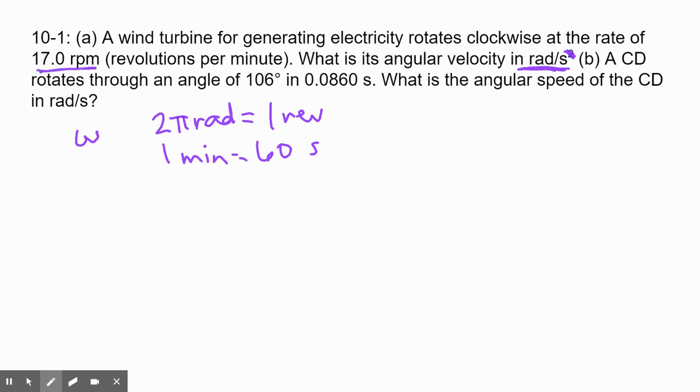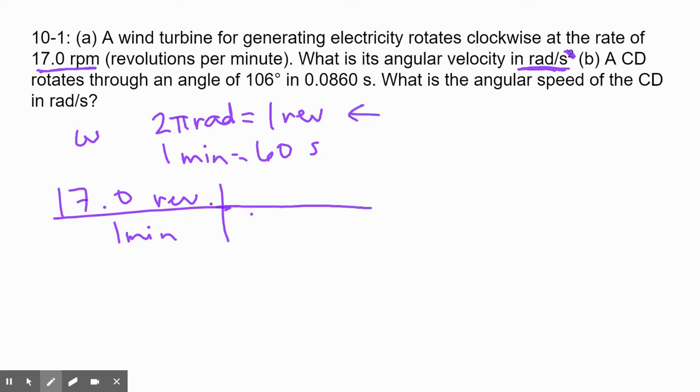were asked to find our velocity in radians per second. So we're going to have to start with a conversion. We're going to need to convert 17 RPM into radians per second. So let's do that. So there's revolutions per 1 minute. Okay, let's use this piece of information first. So 1 revolution is equal to 2 pi radian. And then finally, we have 1 minute on the bottom. So let's write 1 minute is equal to 60 seconds. And when you do this math, you will find that it equals